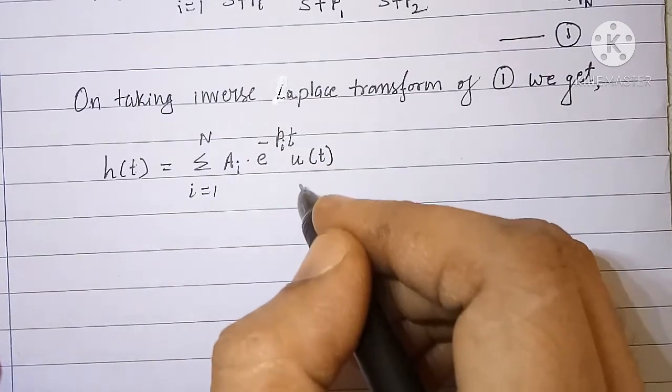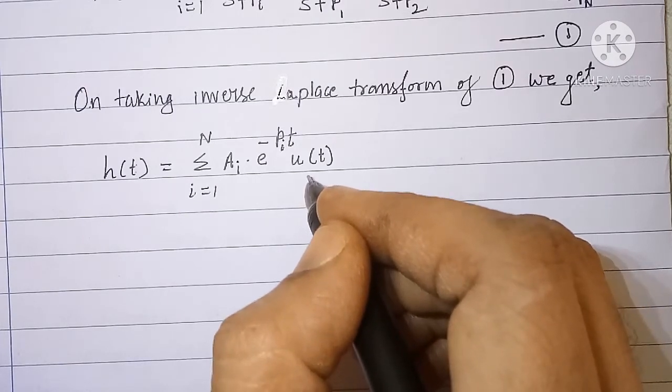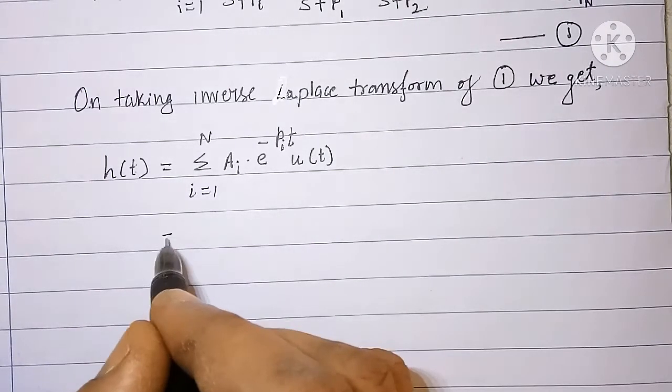You know what is u of t? U of t is unit step signal, and this may be written as